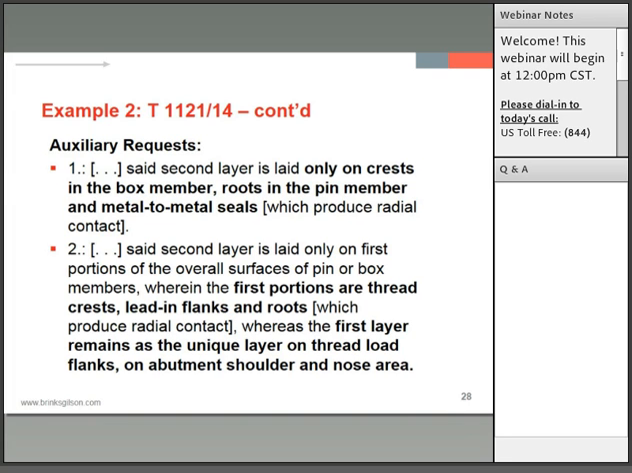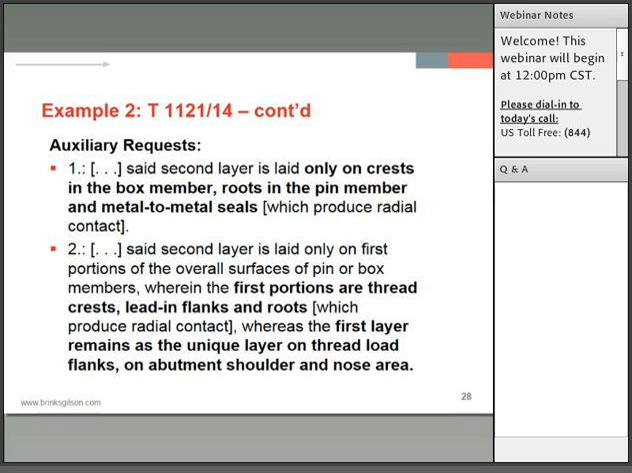So in this case, we had two auxiliary requests. One said that the second layer, which is the low friction layer, is only on crests in the box member, roots in the pin member, and metal-to-metal seals. Well, that's not true, because remember, the sloped surfaces don't ever make contact. There is always a gap. So the second auxiliary request said that